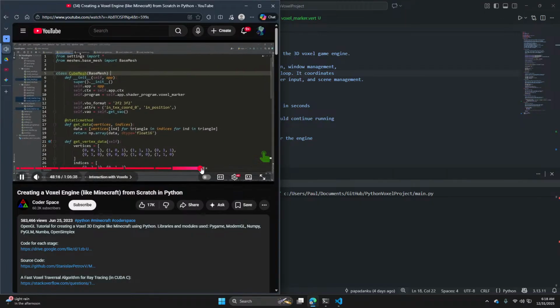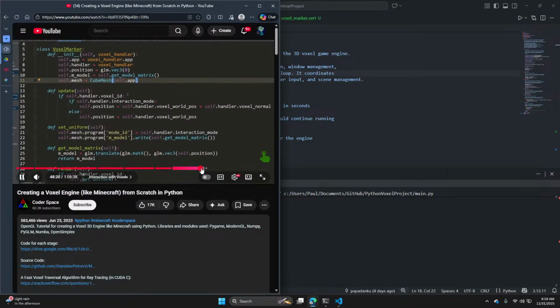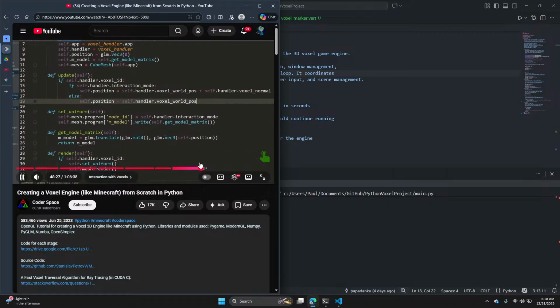This mesh is used to create a voxel marker class which features an update method where we determine its position from an instance of the voxel handler class based on the interaction mode attribute. And before each render, we pass the value of the current mode and the model matrix to its shader program.